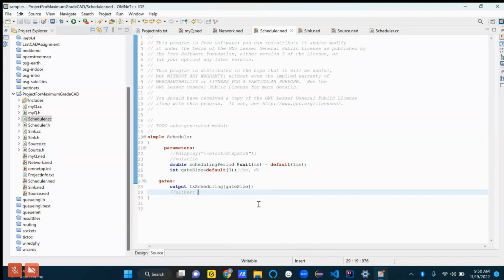So basically, we're just going to make a decision on which index of the TX scheduling gate corresponds to which queue. We have those three queues. Here's my suggestion: index 0 of TX scheduling should correspond to the low priority queue, index 1 to medium priority, and index 2 to the high priority one.